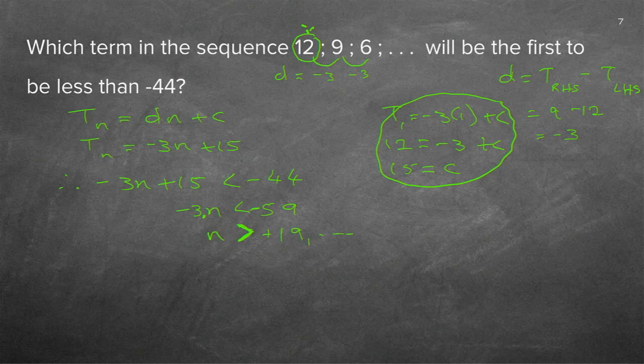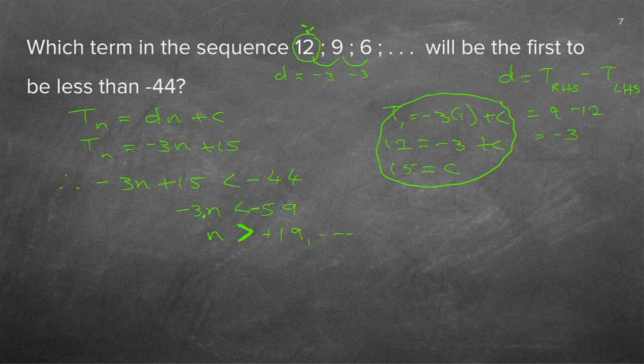Remember, this is logical stuff. It's a sequence, a few figures in a row that forms a pattern. So it's a logical thing. So if you get to an answer that is not logical, check. It was a silly little thing. I just forgot the minus, and now I know it should be 19, comma whatever. So the n must be greater than 19.